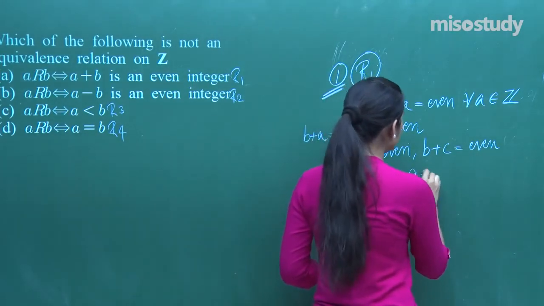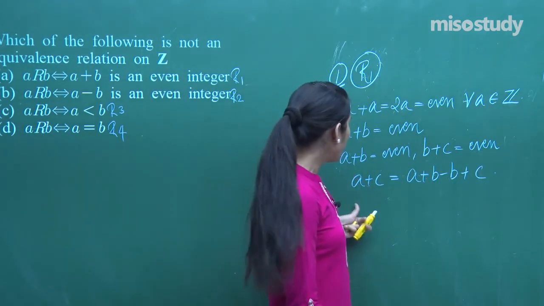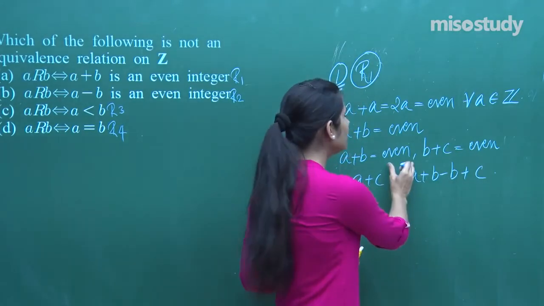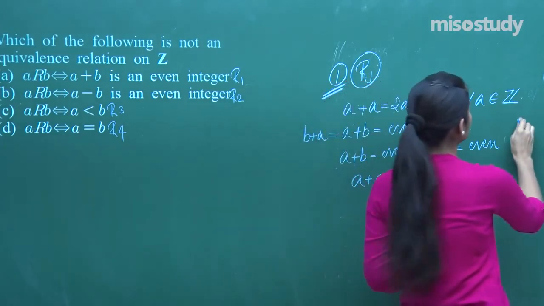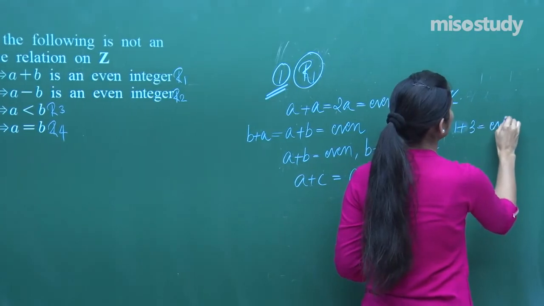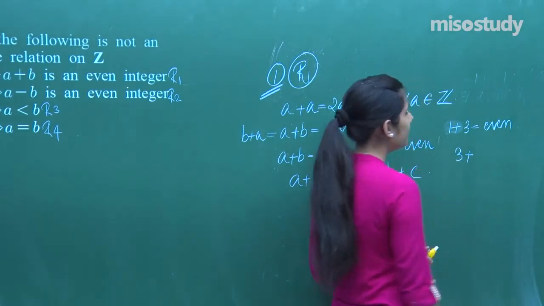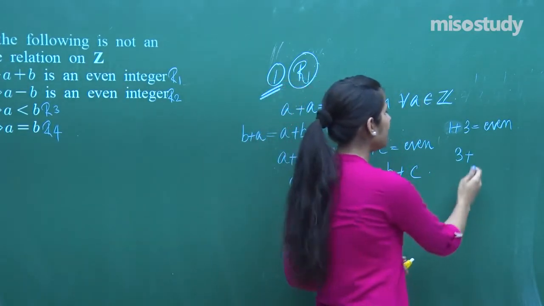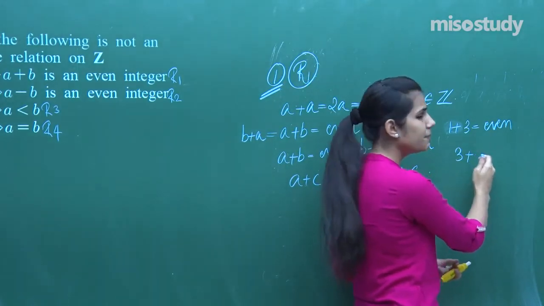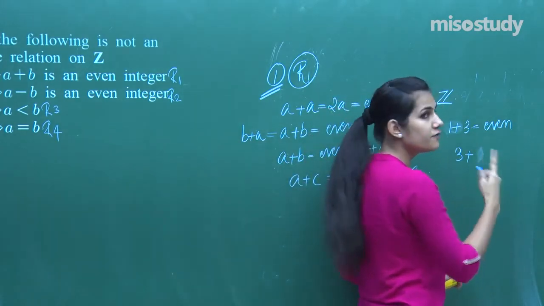So, A plus B can be written as A plus B minus B plus C, right? Over here, if you have two numbers which are giving you an even answer, suppose I have, say, 1 plus 3 is even. 3 plus what can give me even? If I say 3 plus 1 is giving me even, fine. 3 plus 2 is not going to give me even. 3 plus 3, 3 plus 4. So that means only an odd number, basically I can say 1 or 3 or 5, can come over here